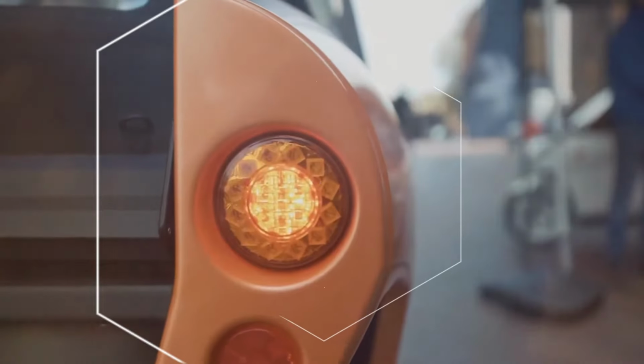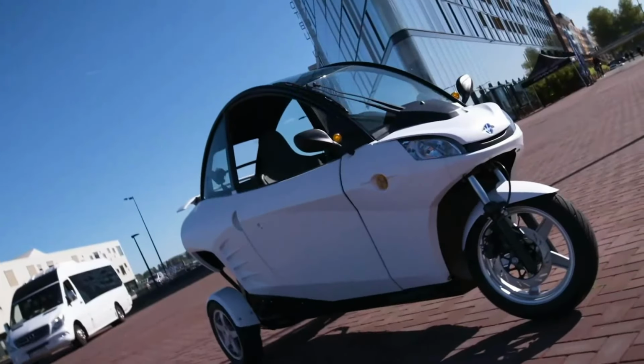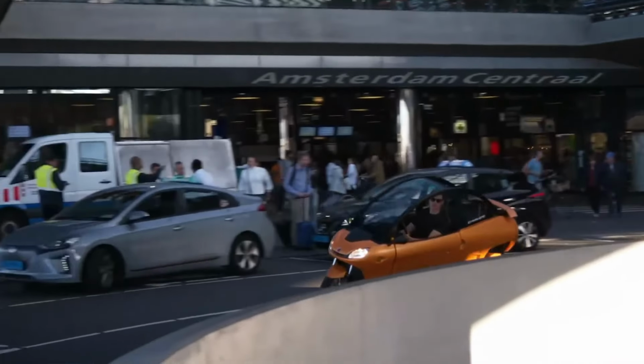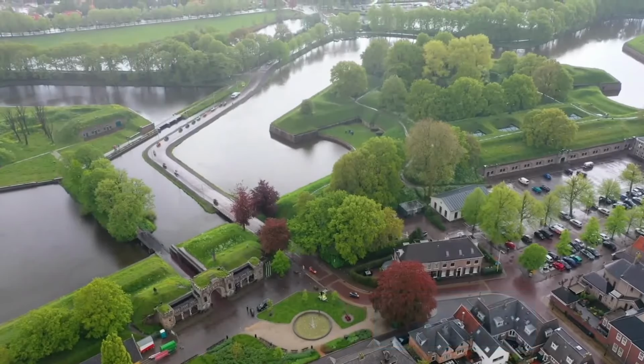Is it a car? Is it a bike? Meet the Carver 1, a futuristic 3-wheeled vehicle that leans like a motorcycle but drives like a car. With dynamic vehicle control, it tilts naturally into turns, giving you that sporty bike feel with zero risk of tipping